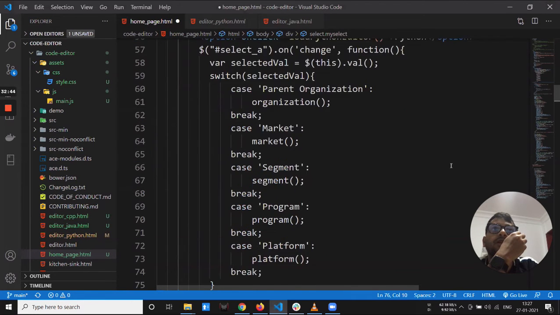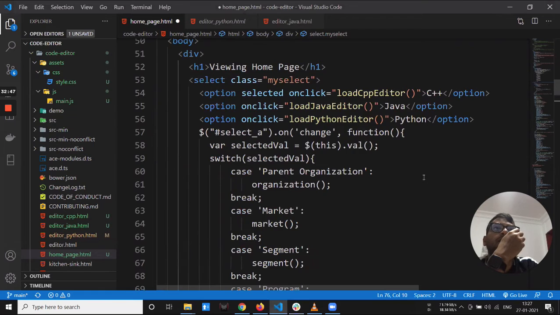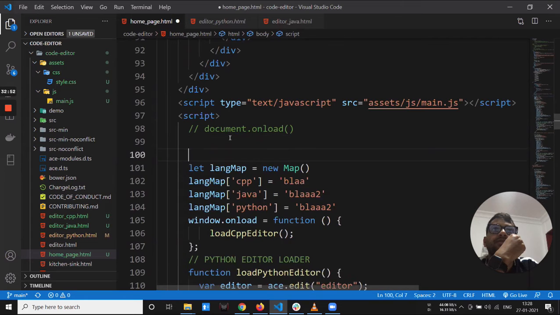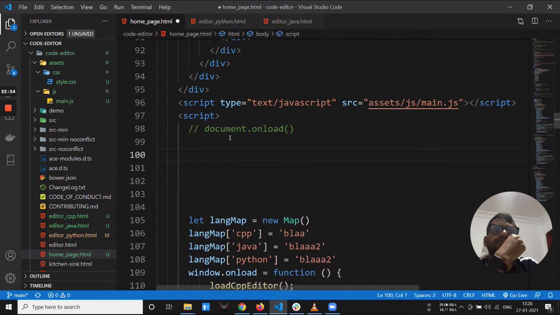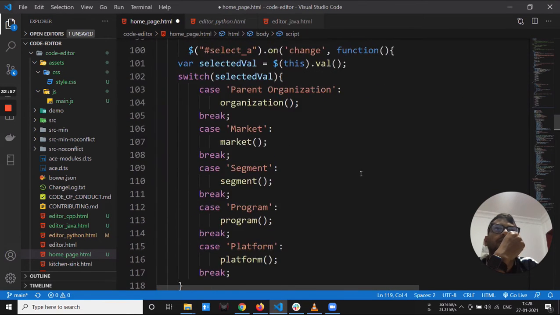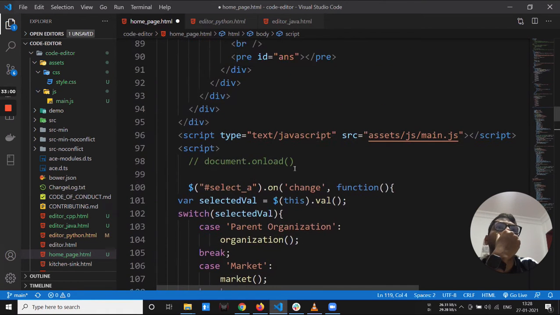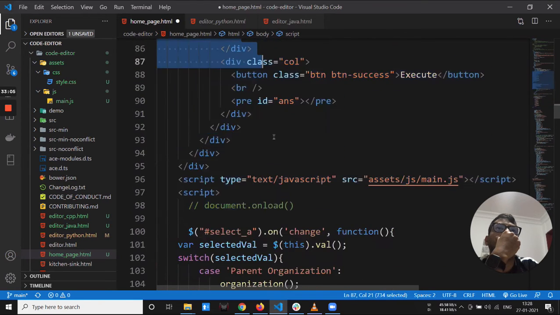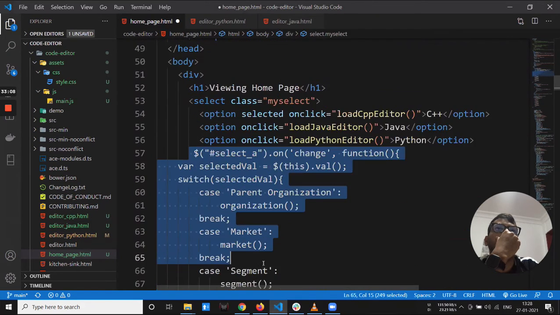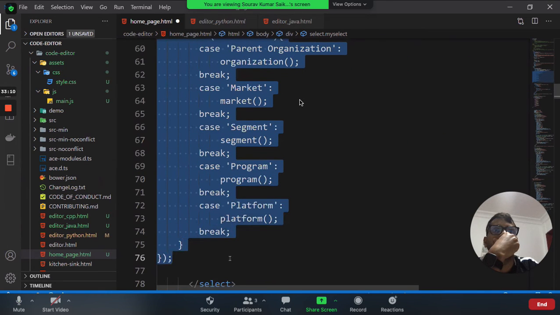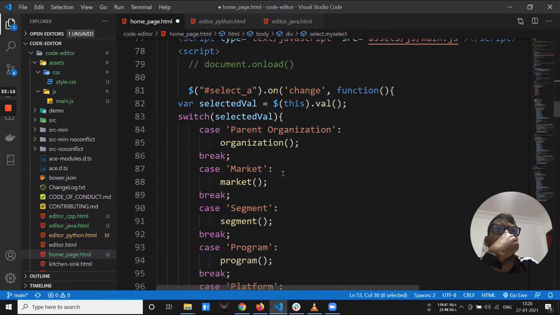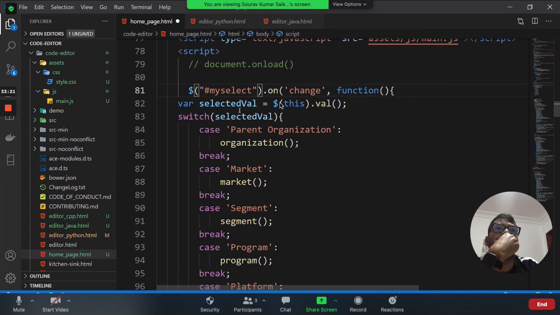Shall I put it here? Yeah, in the JavaScript code. It should be inside a script tag. Yes, and give an ID to that select. Like my select, you have an ID already. So just use the my select one, and replace select with that one, and let's print the select value.